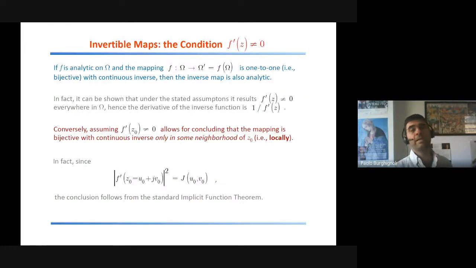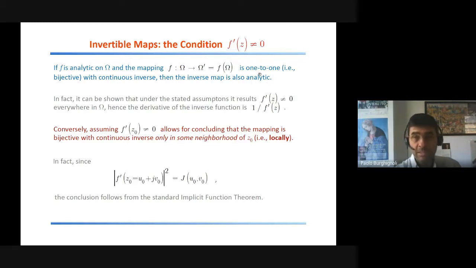Now we can ask ourselves if a given map, a given analytic map, is invertible. That's an important question to ask. And we will see that the essential condition for having invertibility is that the first derivative is different from zero. In fact, if you have an analytic function defined in omega, and the mapping that this function establishes from omega to some omega prime